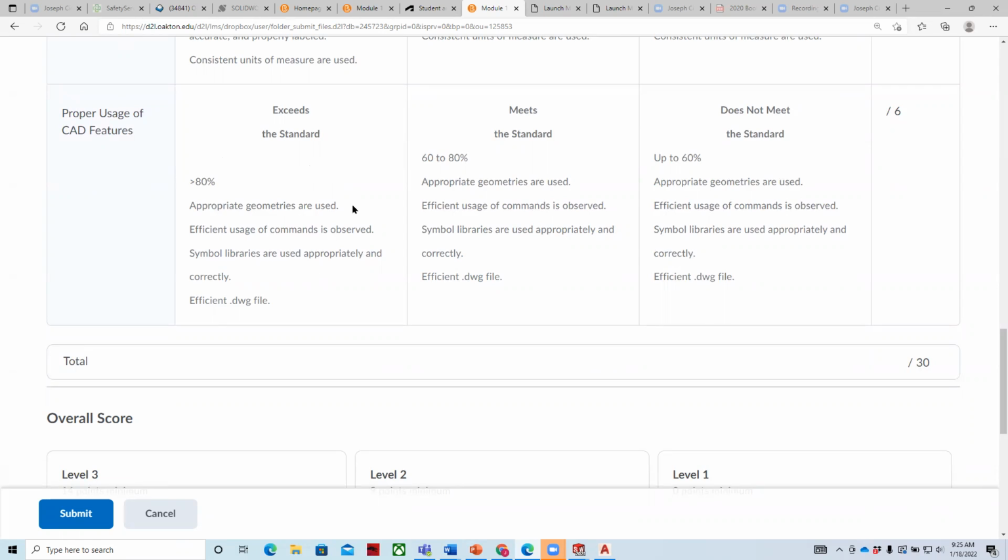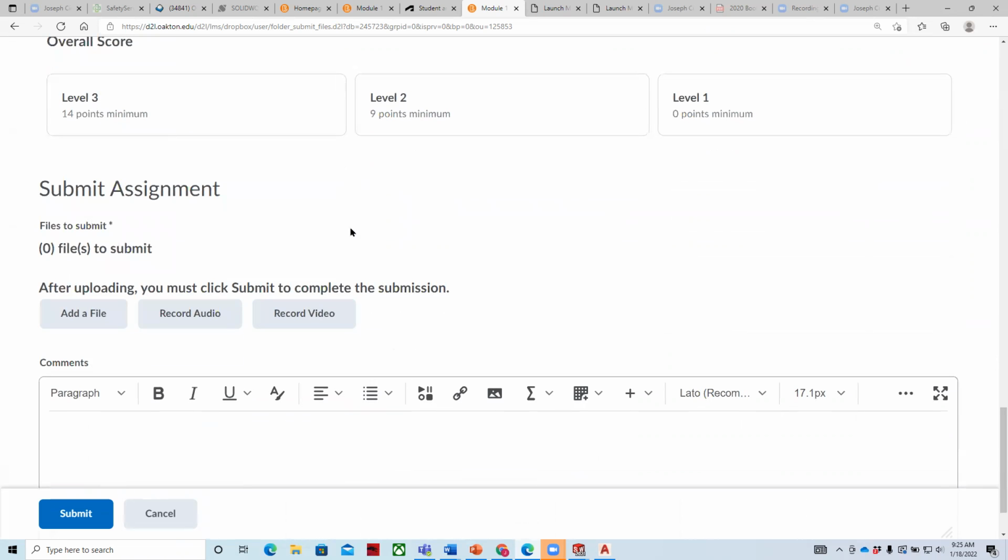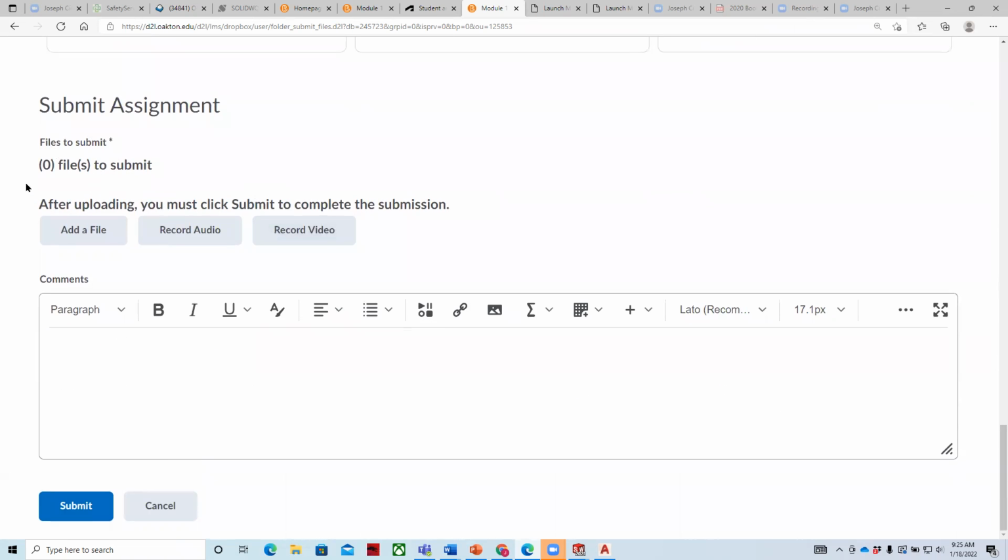And then proper use of the CAD system. Do you have everything set up properly? Are your viewports set? Is your name on it? Are you creating blocks the proper way? Things that are covered in the content. And then what you'll do is you'll submit your